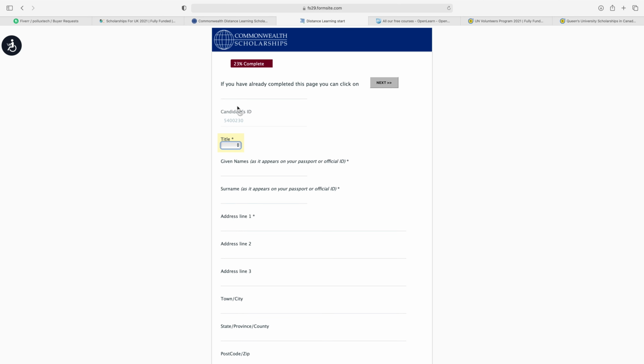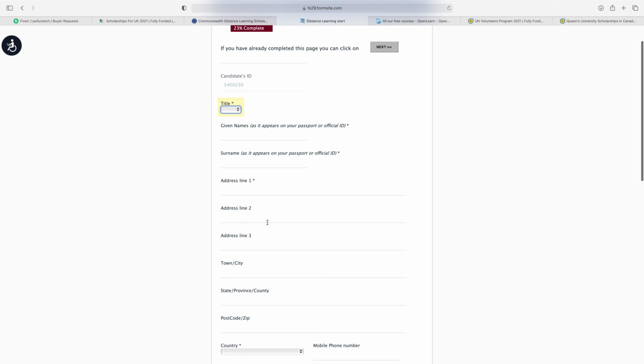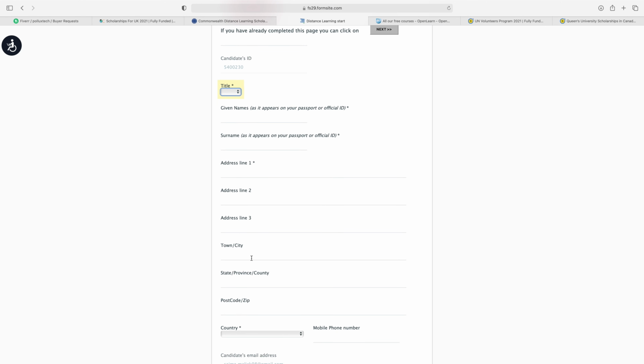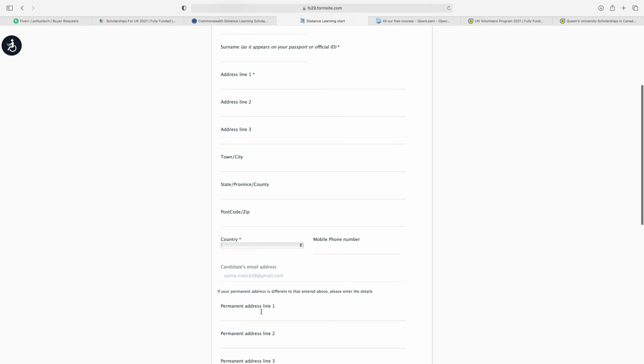Next is the application form. This is the candidate ID, so note your candidate ID. Next, from here select your title, write your given name, surname, address in line 1, 2, 3, your town, city, state, province, country, your postal code or zip code, and then select your country and enter your phone number.